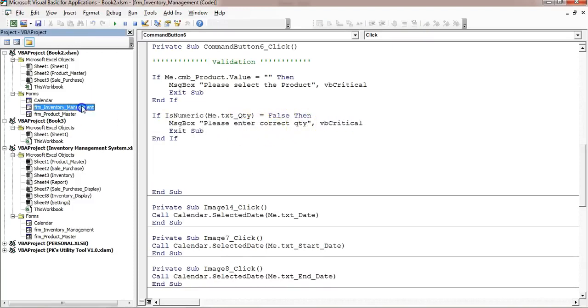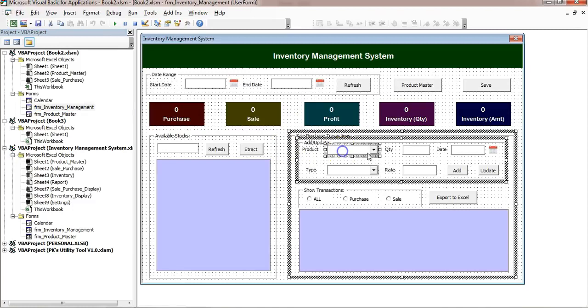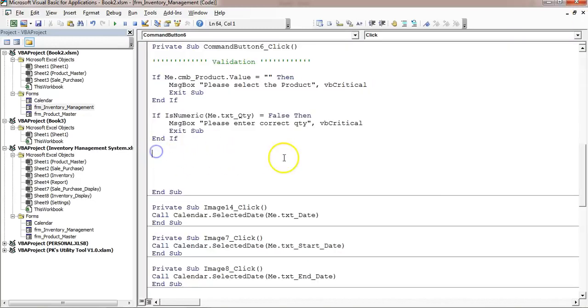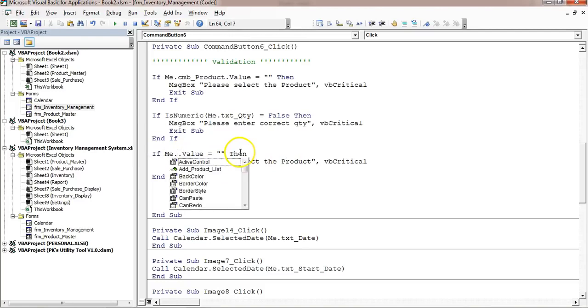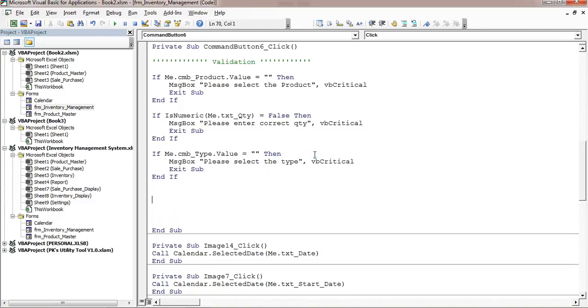Alright, so now we have put the validation for product and quantity. Date will be available already there, so we should not put any validation. For type, we can put the validation, so we can copy this code and paste this here. Me.cmbType, then we can put here: Select the type. Alright, so our validation part is completed.